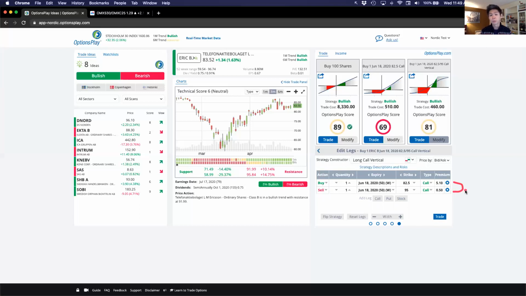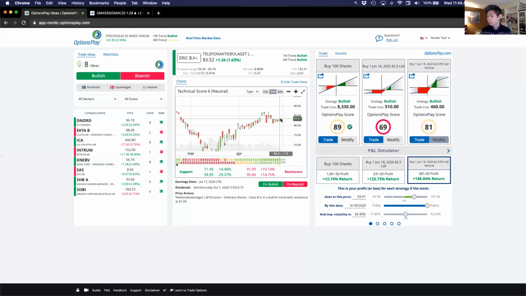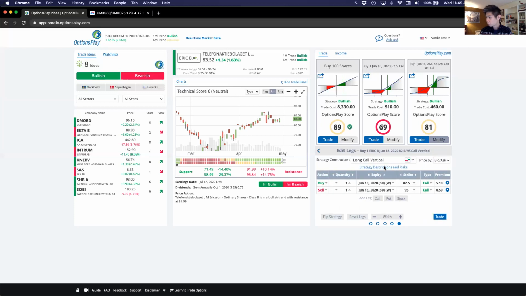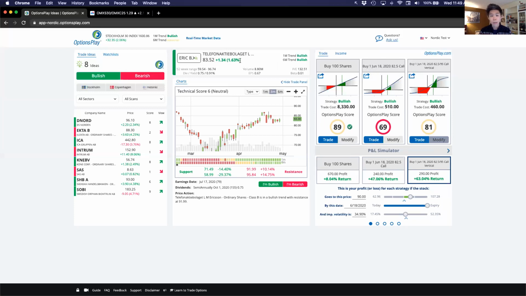So what I've done is I've reduced my risk by 10%. And that 10% reduction in risk does quite a few things. But first, I think the best way to show you is to see how the strategy performs if Ericsson is to rally higher between now and June. So let's say Ericsson's currently at 83. Let's say we think the stock will go to 90 crowns by the June expiration, which is 50 days away. So in the next 50 days, if Ericsson rallies from 83.5 to 90,